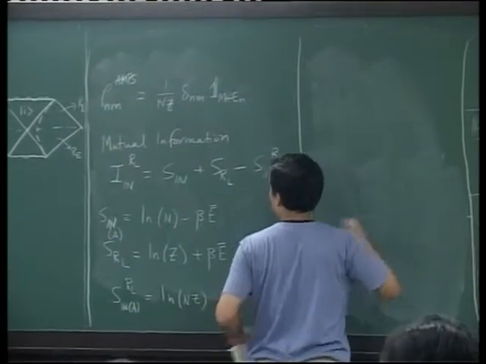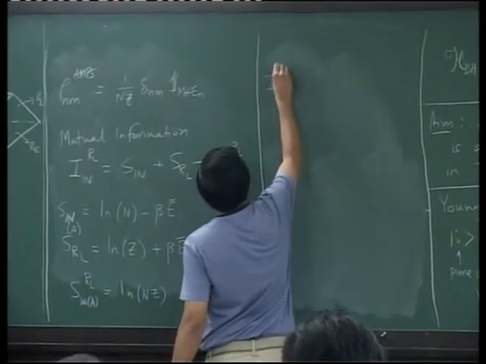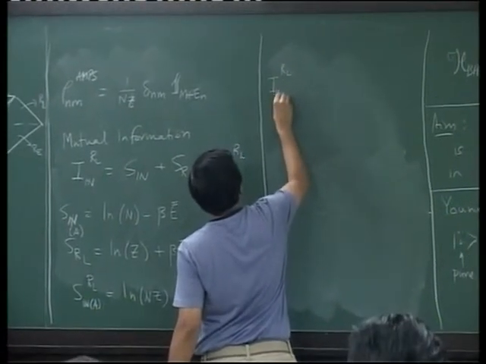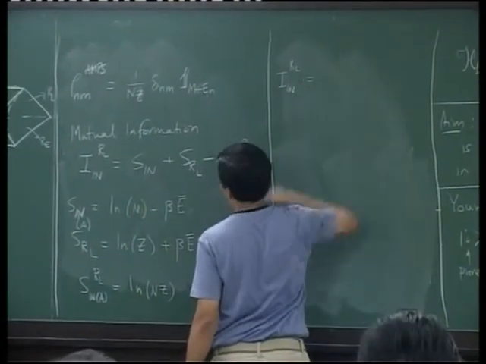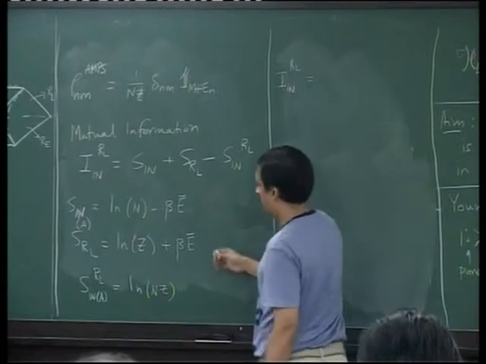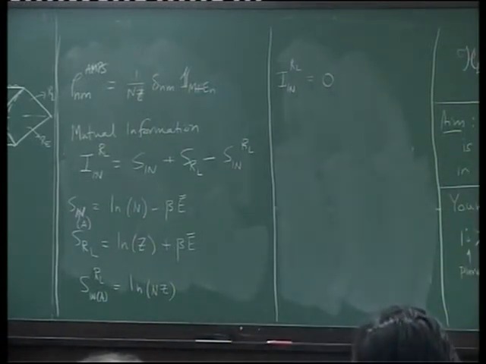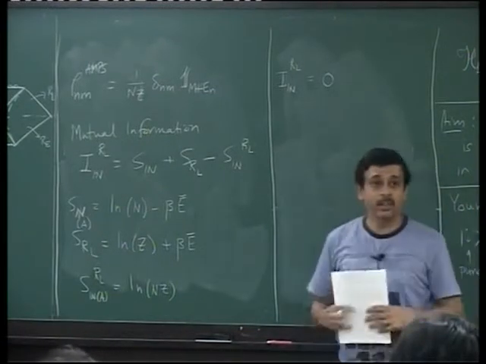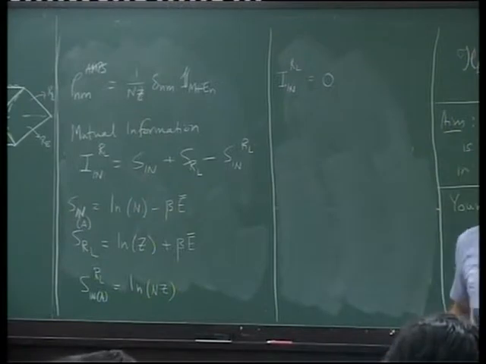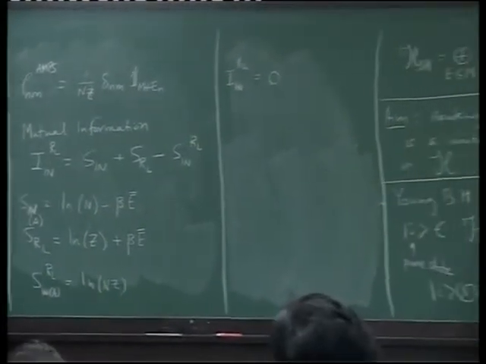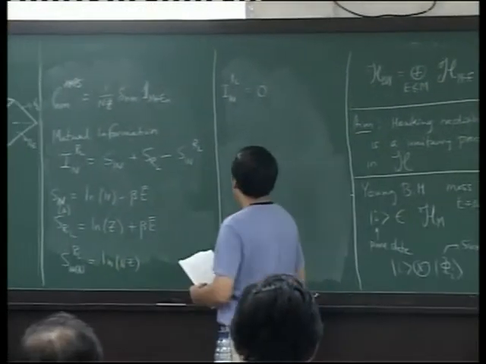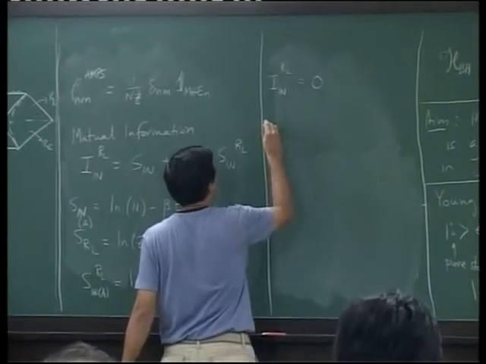So if you plug this in, you get the mutual information of the late radiation with the inside of the black hole. Just plug in these numbers, the answer is 0. So what this says is that the late radiation has no mutual information with the black hole. On the other hand, the Hawking pair,